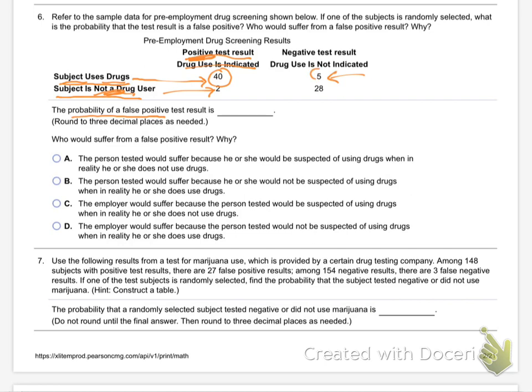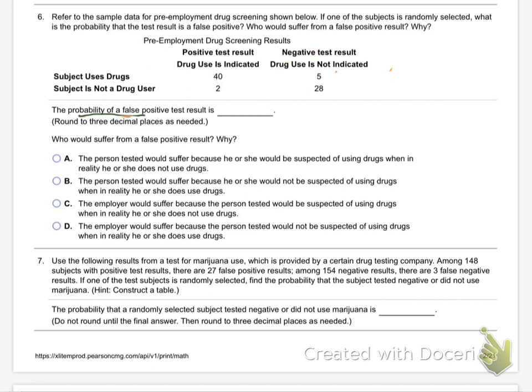These 5 people here, they tested negative, but they are drug users. See there in the top row, the subject uses drugs. So that's a false result. They tested negative, but they are drug users. These 28 tested negative and are not drug users. That's what you'd expect. People that are not drug users should test negative. Okay, so with all that in mind, making sure you understand the table,